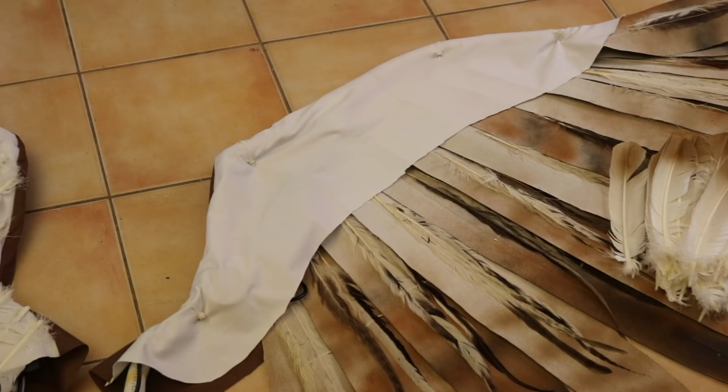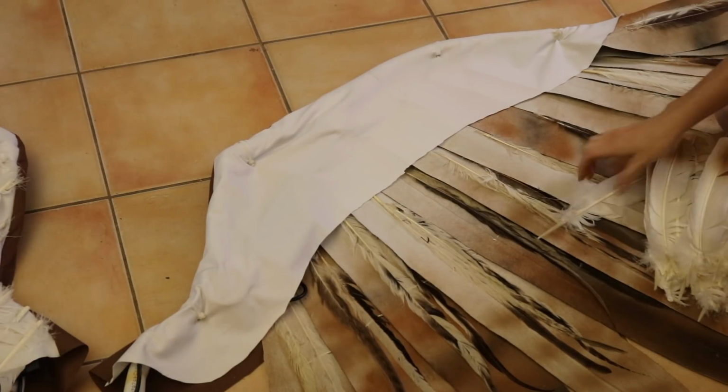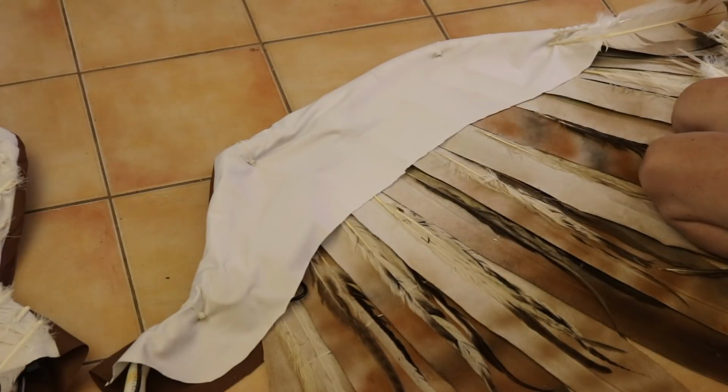Now I didn't want to glue this in place because if something went wrong with the electronics, I needed to get under this to be able to fix a wire or whatever. So instead of gluing this down to the frame, I just zip tied it in 3 different places. Now once you have that